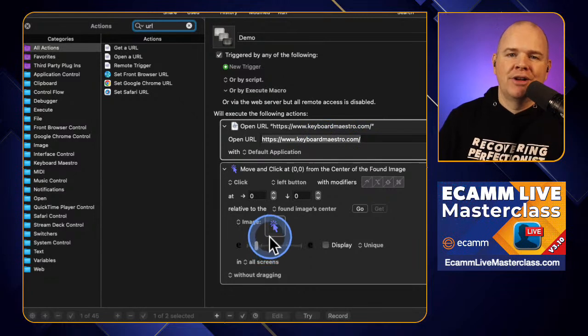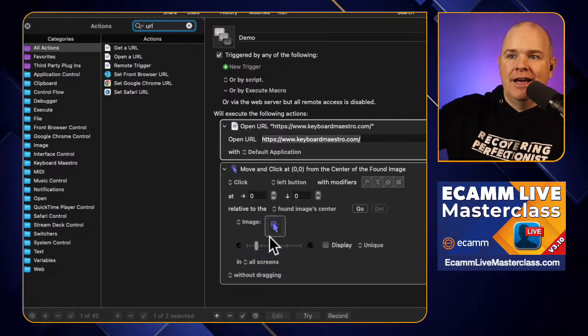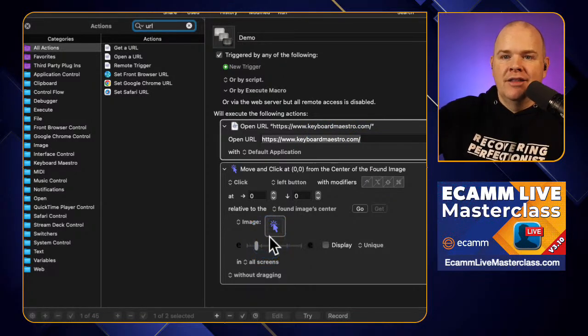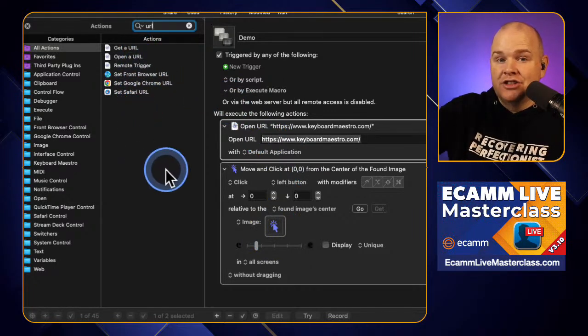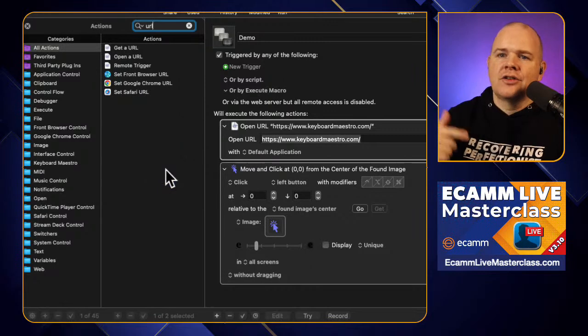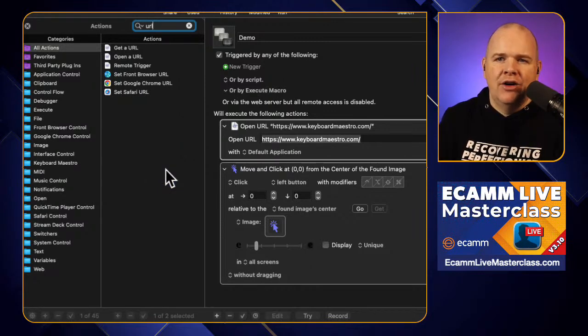Then I'm going to go to a found image, which is the upload a video. Then you have to go through and drag the video onto the area. So you can create a really complex chain of actions. And just as I mentioned with Stream Deck, how it's useful to